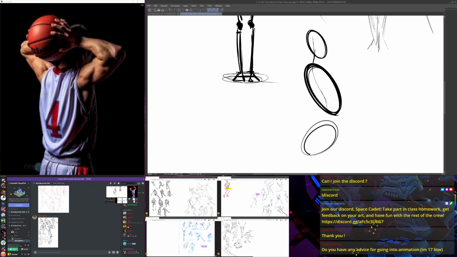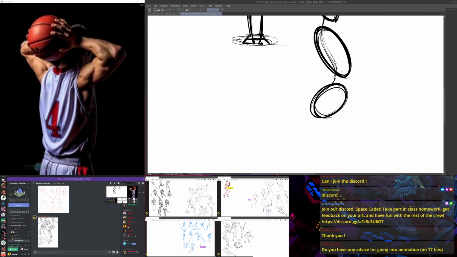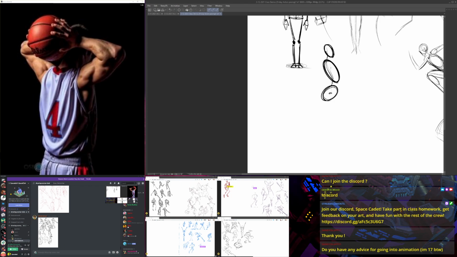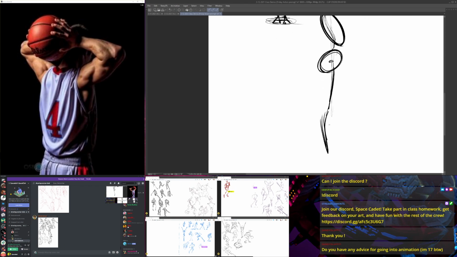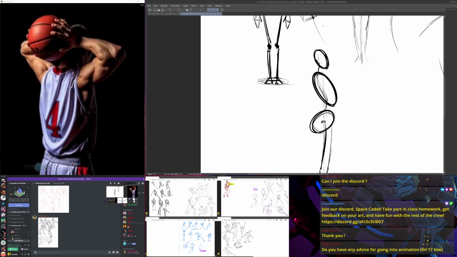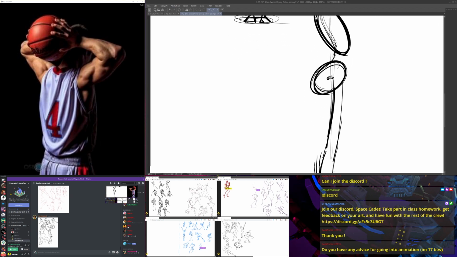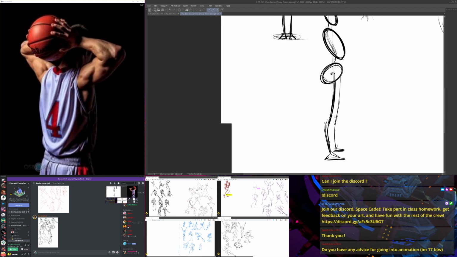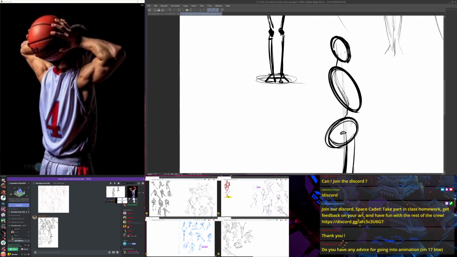Do a lot of observation from life. Try to understand how people work, where weight is when someone's standing, how weight shifts and changes when people move. Try to make observations of the weird, peculiar personality tics that people make. When you're an animator, you've got to be a little bit of a scientist of motion. You've also got to be an artist, and you've also got to be an actor.